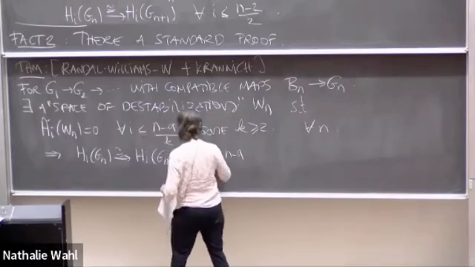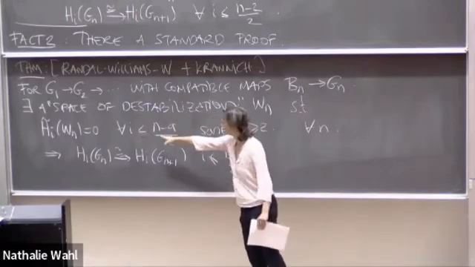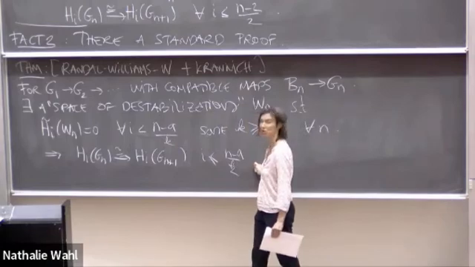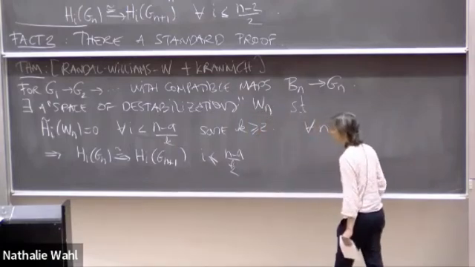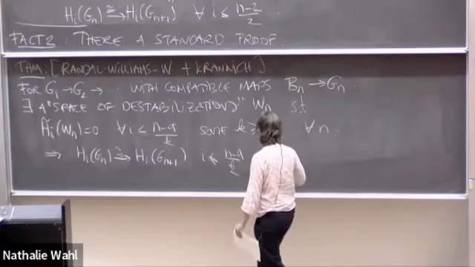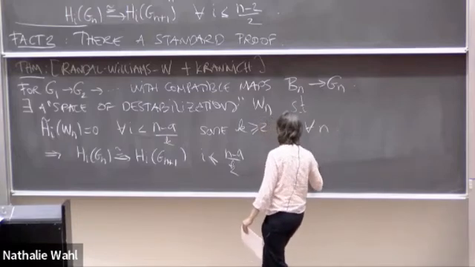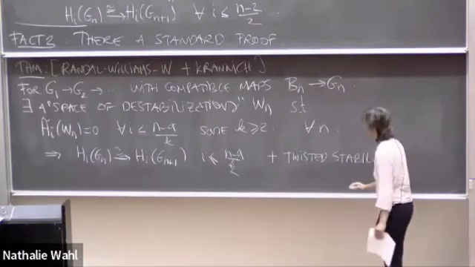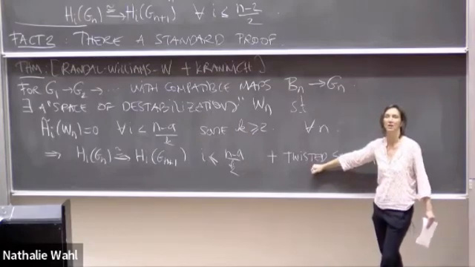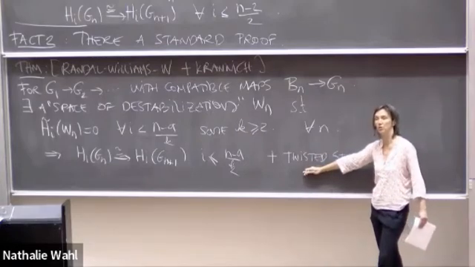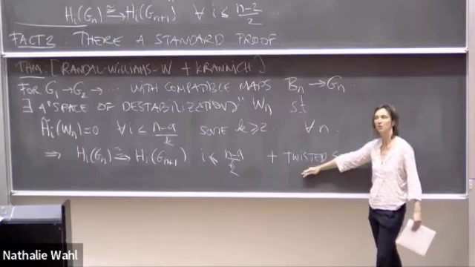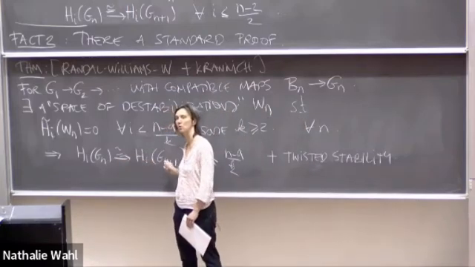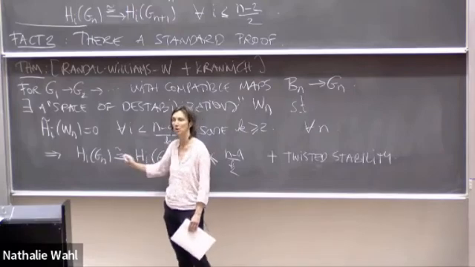Here's a strict one, here's a non-strict inequality, but basically the same range, right? Homological stability happens, and you also get for free a twisted stability statement. So you also have stability with certain twisted coefficients, some that are a form of polynomial coefficients, and some that are a form of abelian coefficients. And in particular for abelian coefficients, it will tell you that stability also automatically holds for the commutator subgroups of the groups.